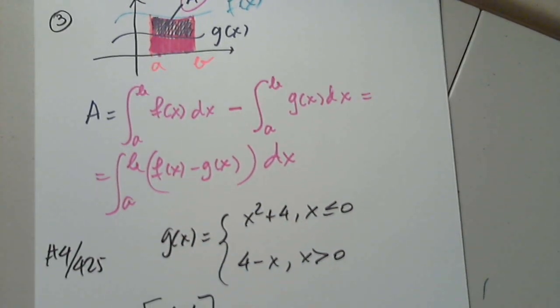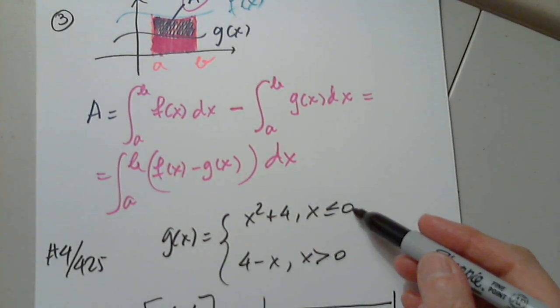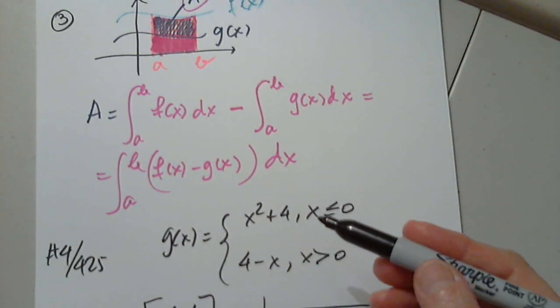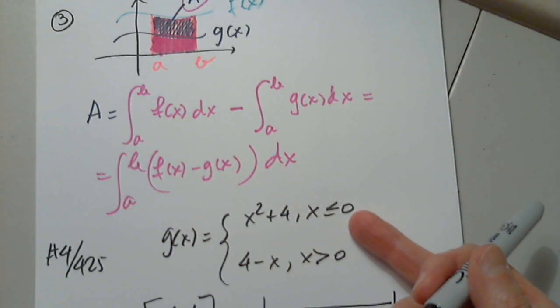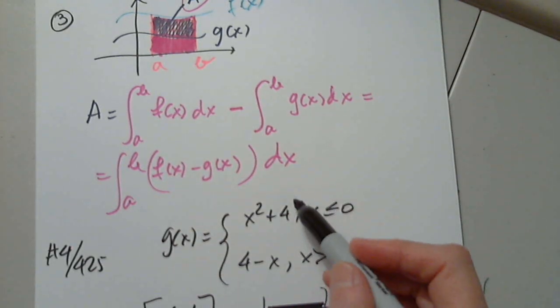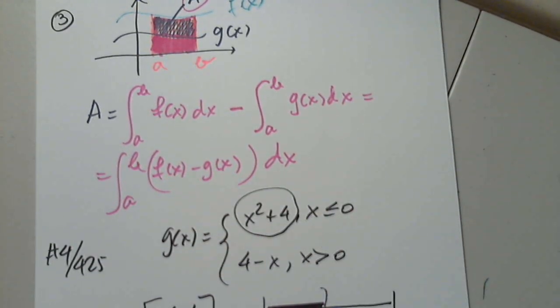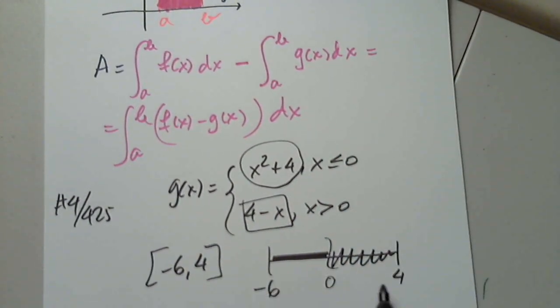So notice what happens here. This interval is between negative 6 and 4, but this function breaks, or has different forms, different equations, at 0. Between negative 6 and 4, somewhere is 0. So this interval goes with the first function, and this interval goes with the second function. So in order to determine the area under the graph between negative 6 and 4,